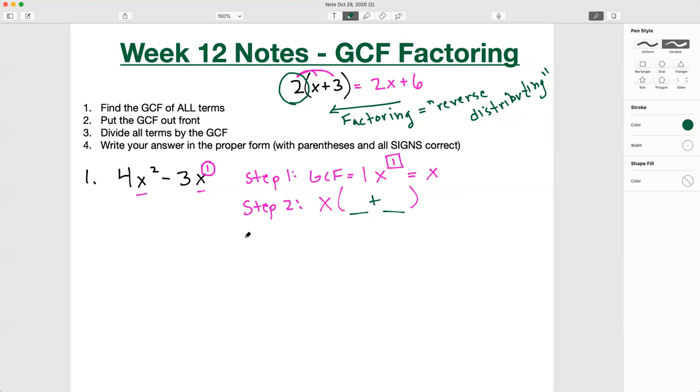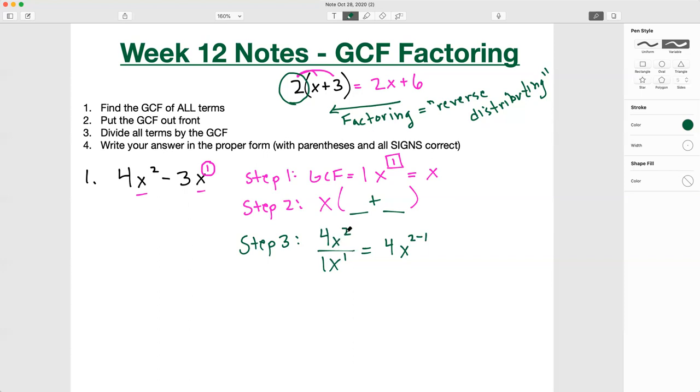Okay, so step 3, we'll take 4x squared. And just so you know how to divide things out, maybe you know the answer to this right away, maybe you don't. But what is 4x squared divided by x, which is our GCF? So 4 divided by 1, you can always put a 1 in front here. That's going to be 4, and then the x squared over the x to the first will be x to the 2 minus 1. And that's how you do that whenever you have the same base, which is the x here.